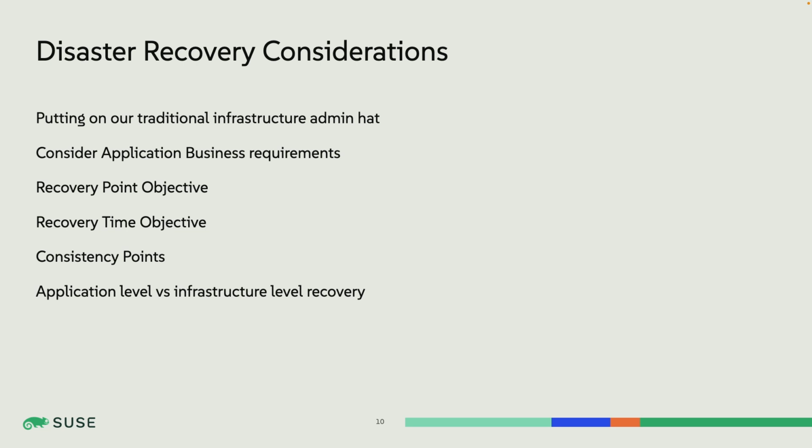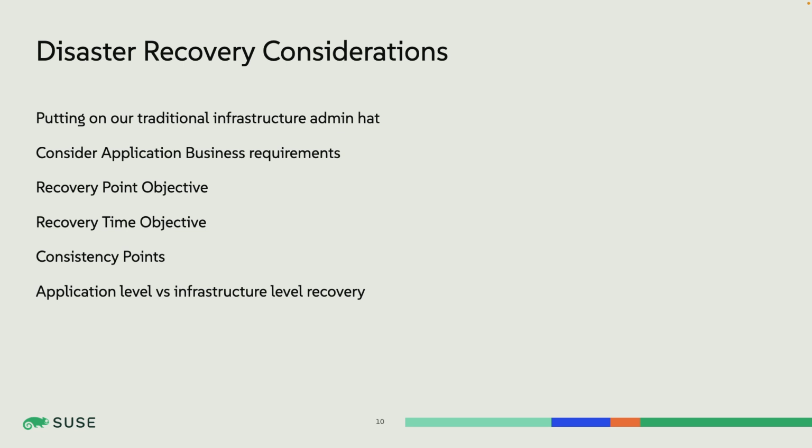Because after all, it's always tempting to think about a Kubernetes infrastructure as an API endpoint that will always be available, that we can always push stuff to, but especially when we're dealing with data, it's important that we have a plan for how we're going to recover that data in the event of disasters, which can, of course, be anywhere from an actual natural disaster all the way down to a ransomware attack or a fumbling bearded graybeard that pushes the wrong button and accidentally deletes an application. Not that that has ever happened to me, of course.